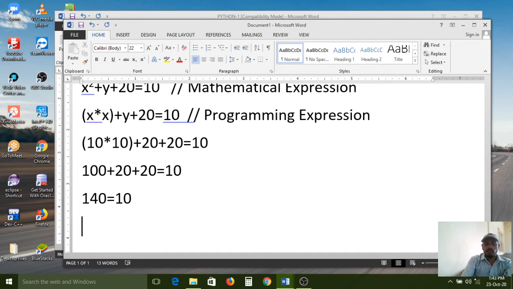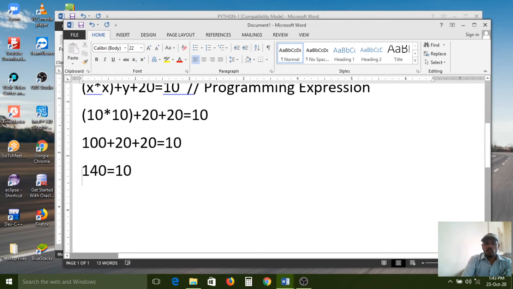Now I am writing here, what is the 10 value? It is a positive value. 140 is also a positive value. So this 140 I am taking to this side. Here there is a plus symbol, right? If you transfer from this side to this side, a positive, plus symbol converts into a negative symbol, minus 140. So now the result is minus 130. Minus 130. So this is the exact value, minus 130.